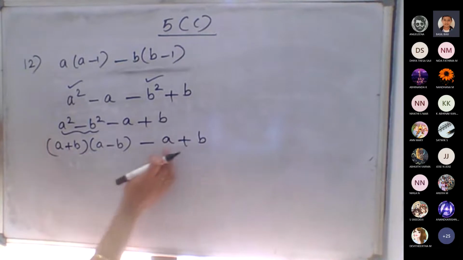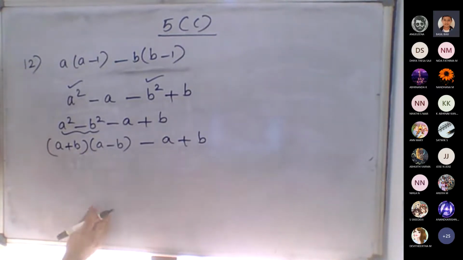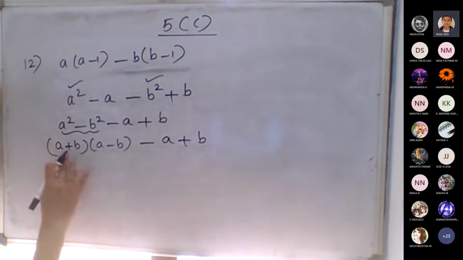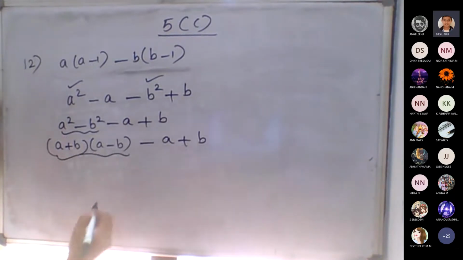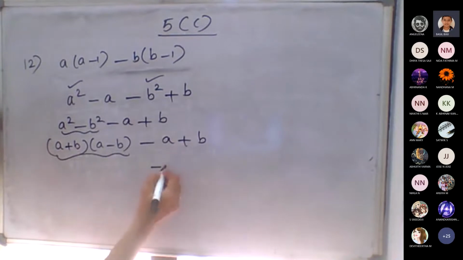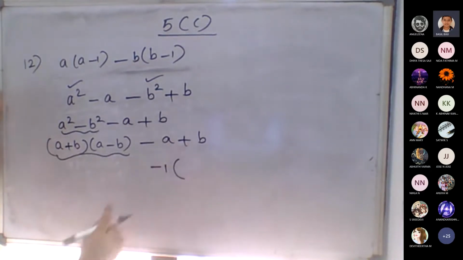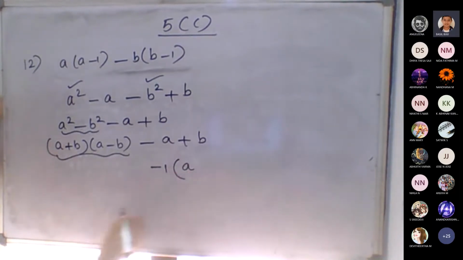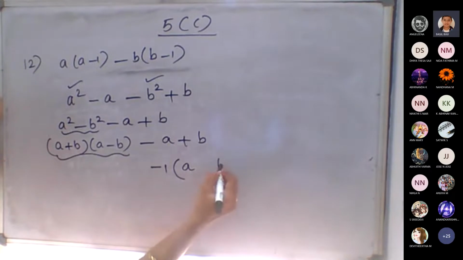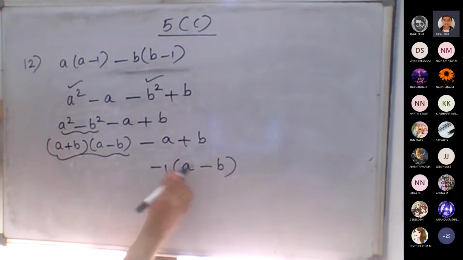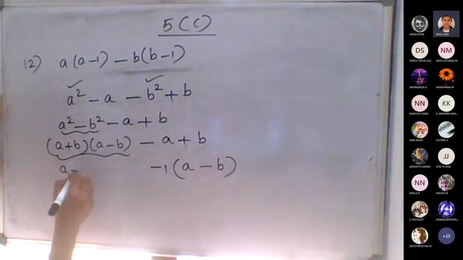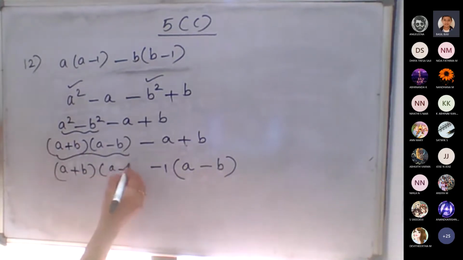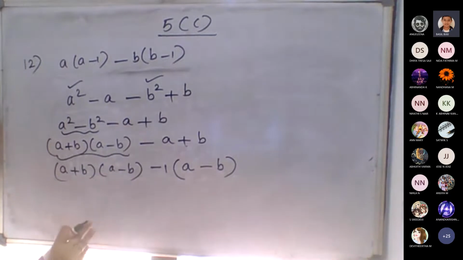So either we have to write the minus a plus b, then only we can take common now, either in terms of a minus b or a plus b. So how can we do this? If we take one negative one common, we get minus a minus b, then minus only b. Negative into negative, positive b. So same thing, we can write a plus b into what? a minus b. Any doubt in this step?